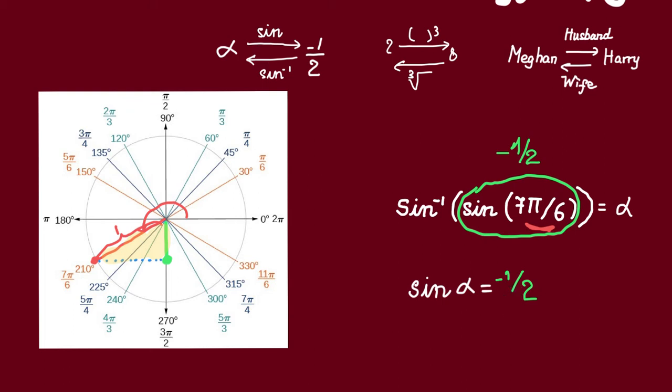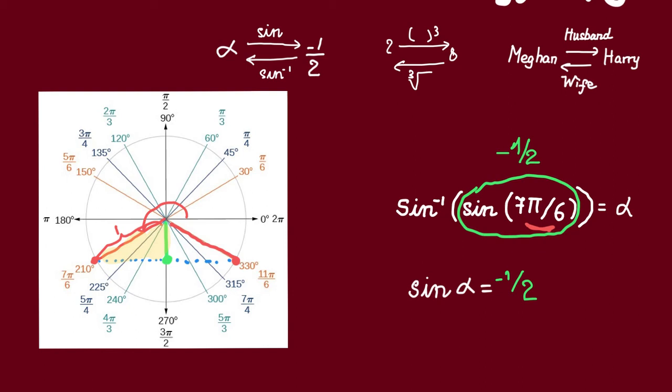But I lied a little bit. If you remember what we said in class, this is not the full definition yet. What's the problem with this definition? Well, the problem with this definition is that there are many angles whose sine is equal to minus 1/2. For example,